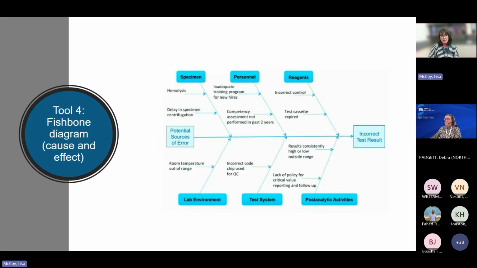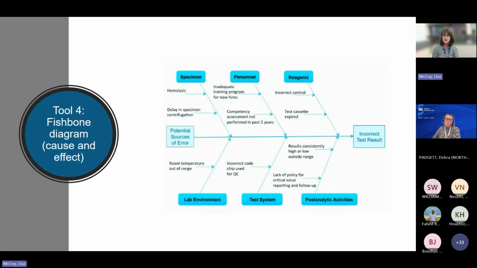The next tool that I'm going to talk about is the fishbone diagram, or the cause and effect diagram. It's also known as the Ishikawa, named after its creator. And this is an organizational tool that helps teams explore and also display the many causes contributing to a certain effect or outcome. It graphically displays the relationship of the causes to the effect and to each other, helping teams